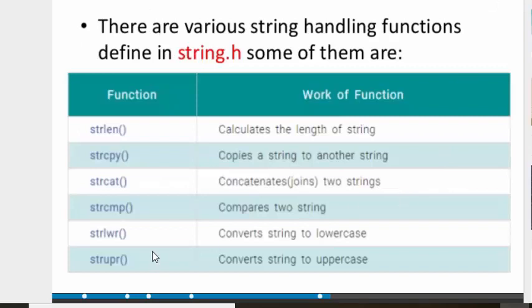Similarly, if we want to lower the cases, we simply use the strlwr function and provide the name of our string. It will lower the whole content of that particular string, and the same goes for strupr. So this is how we can manipulate strings by using the string handling functions. So today in this lecture we have discussed strings, the manual procedure to get and display strings, and also the string handling functions. So this is all about strings. Thanks for today. Thank you very much.